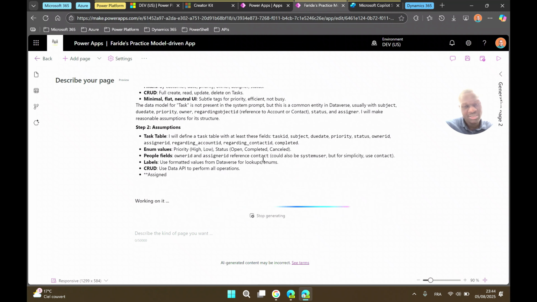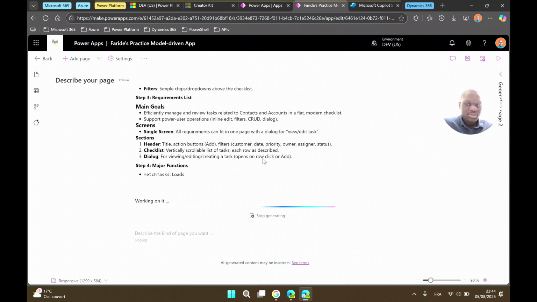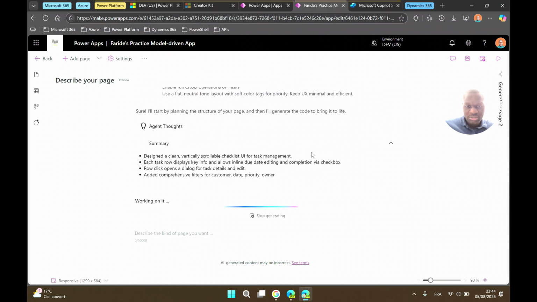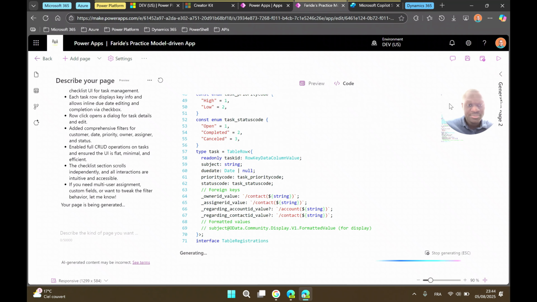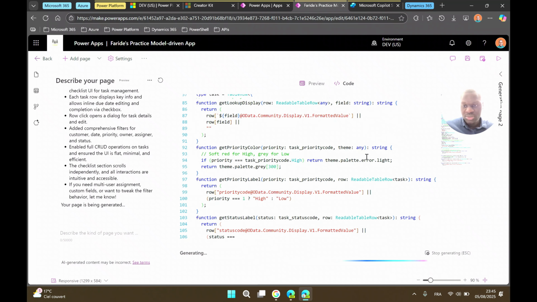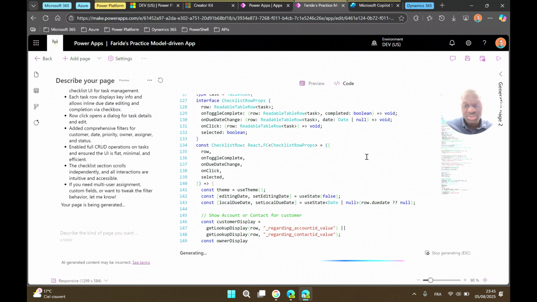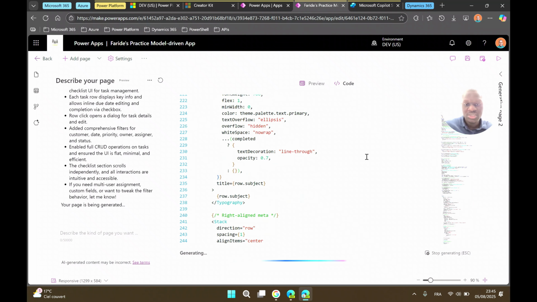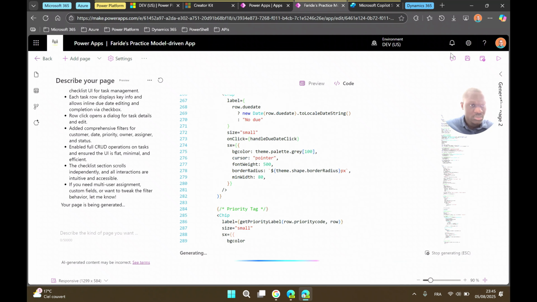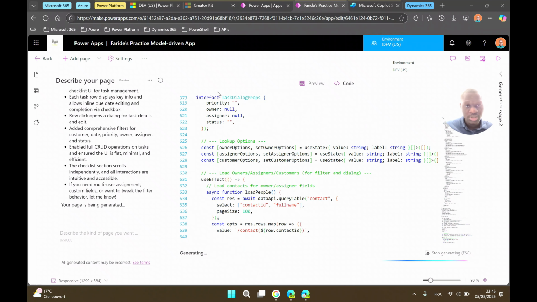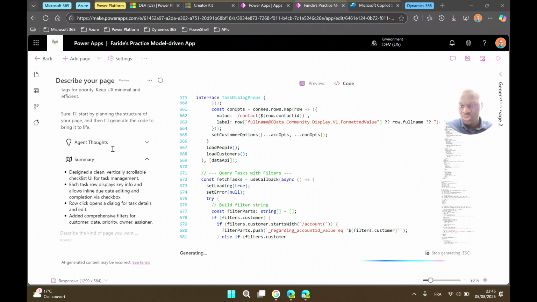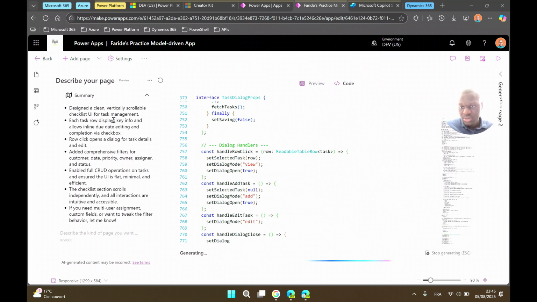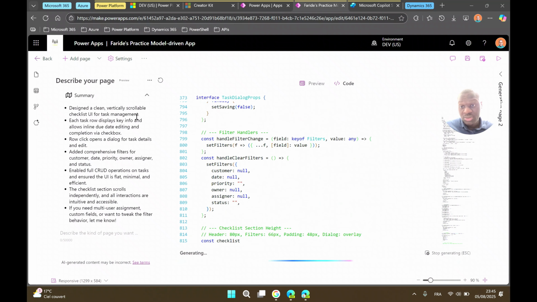It takes just, I think, 2 minutes to generate everything. It also depends on your prompt and your instructions. It can take more time if you specify a lot of things to be generated. And very important, as you see, there is some kind of summary of what the agent is about to generate or is generating.